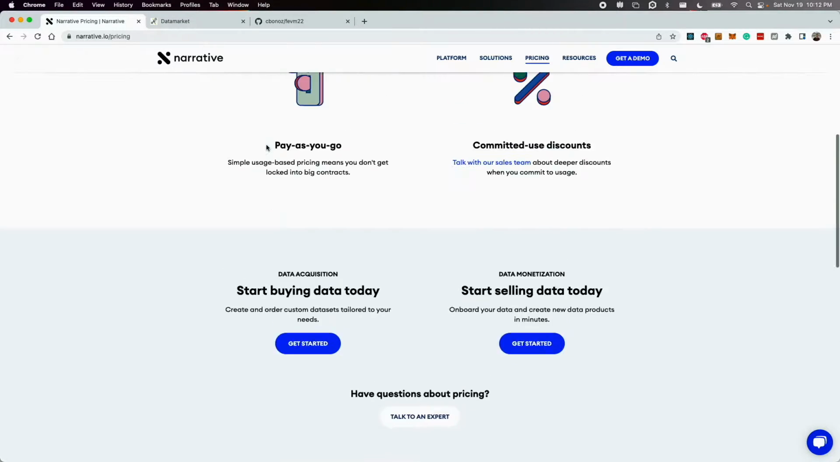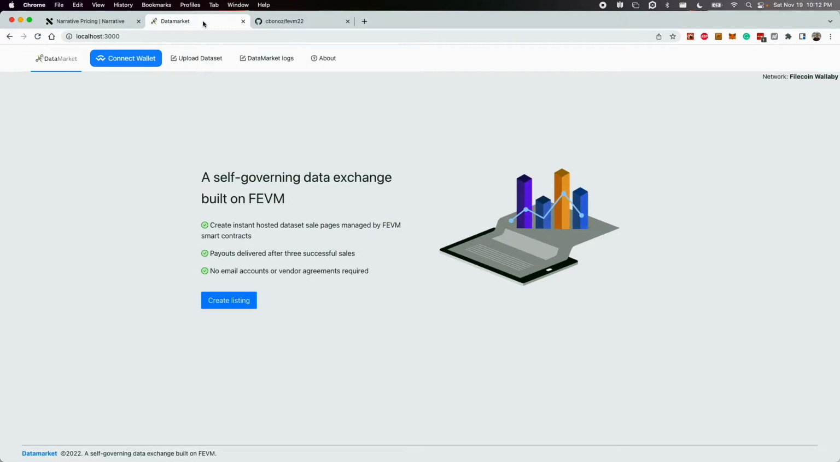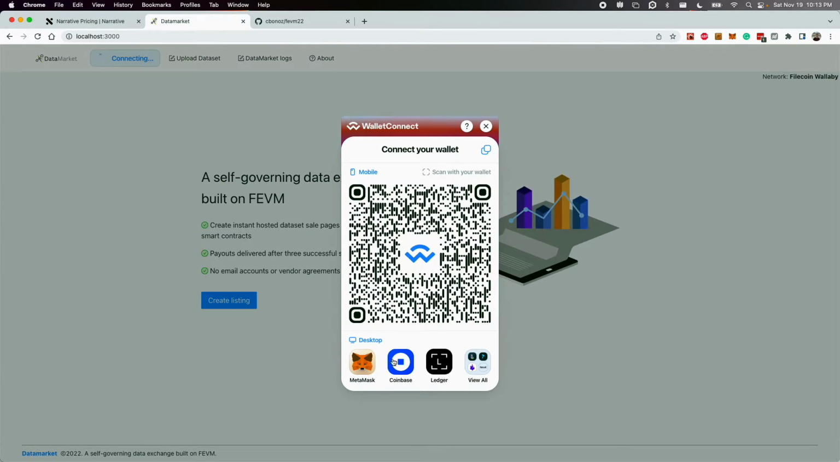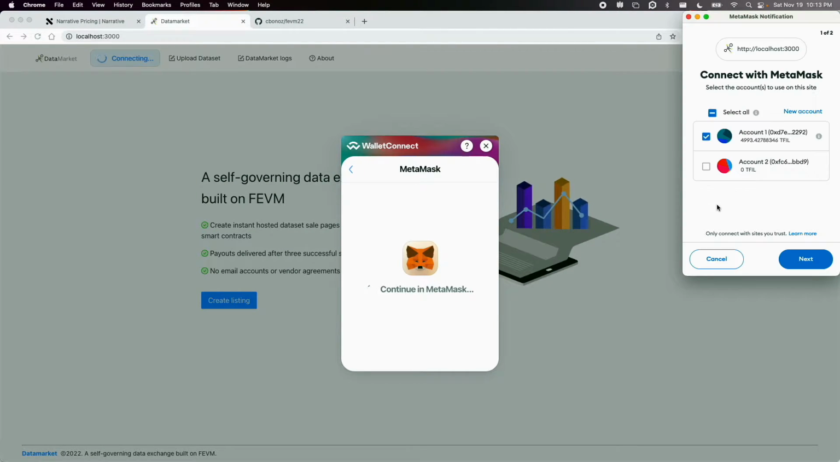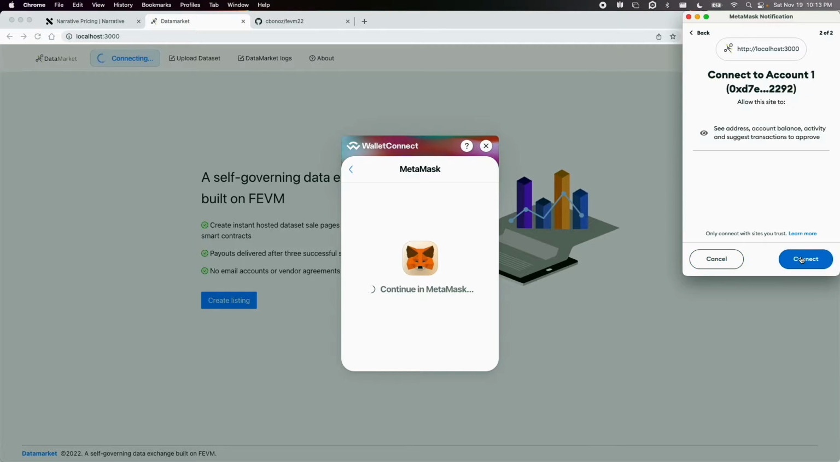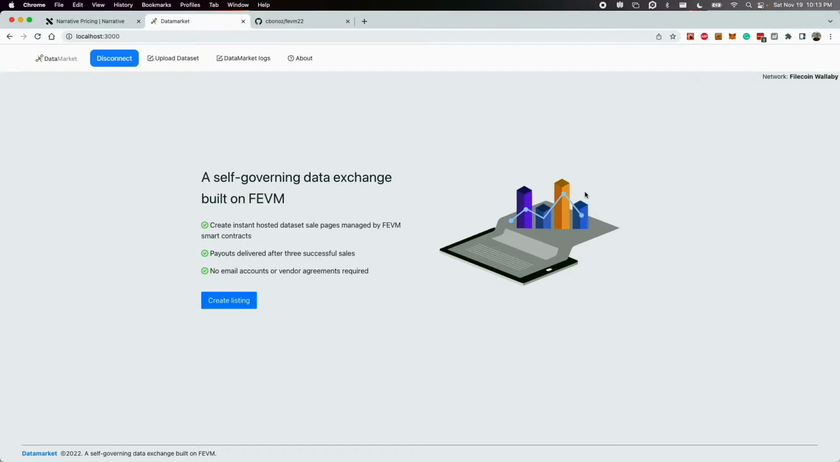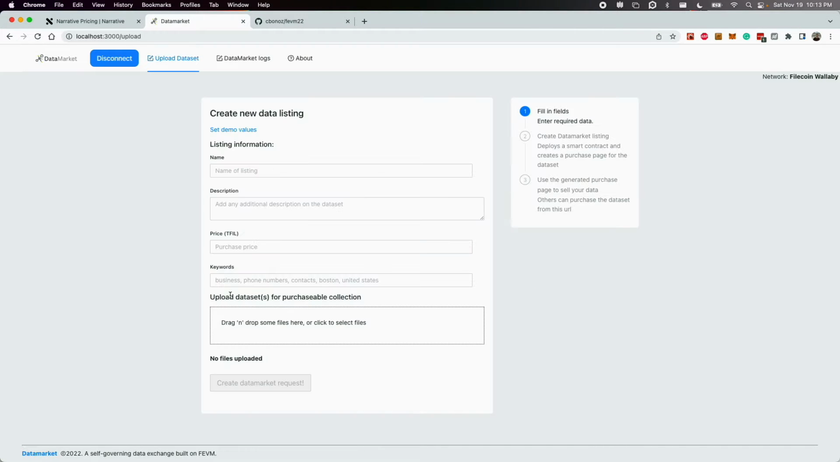I wanted to create something a little bit lighter weight that leveraged Filecoin in particular to enable anyone with a Filecoin wallet to create their own sales pages for data. How that works is any user simply comes in and connects their MetaMask wallet. You can see here I can authorize the connection to Wallaby, and I can immediately start creating my